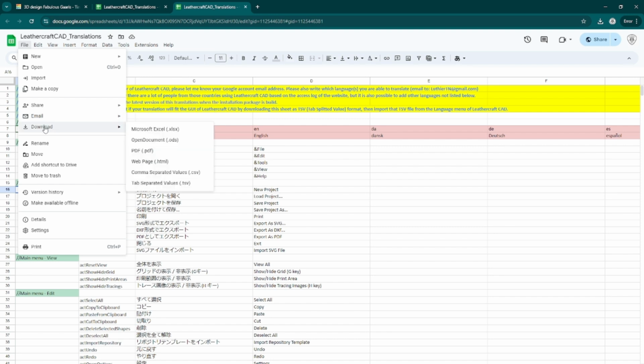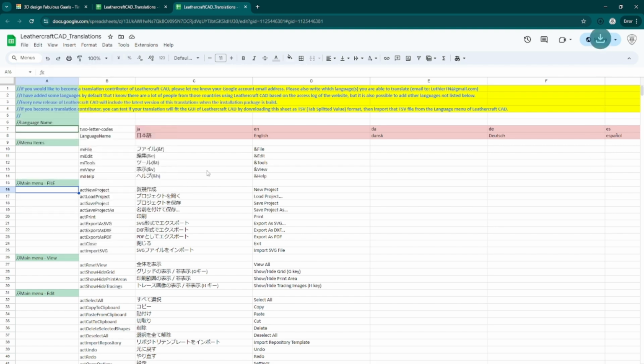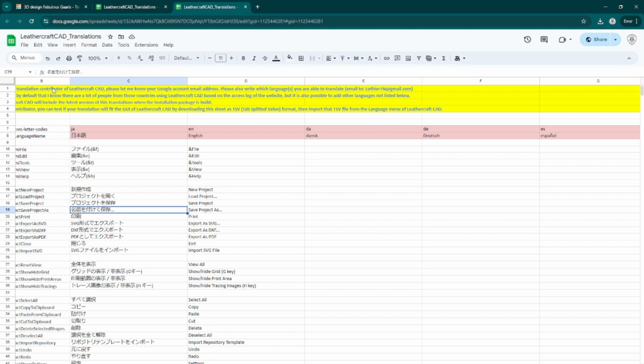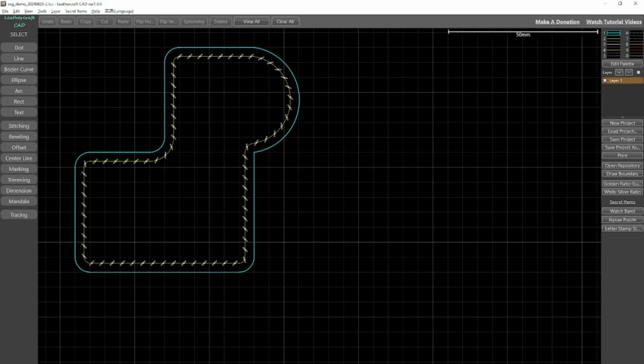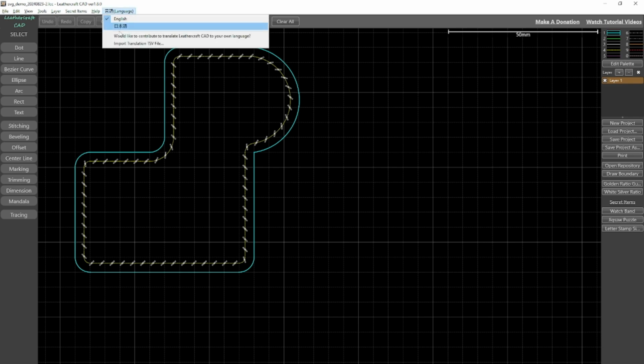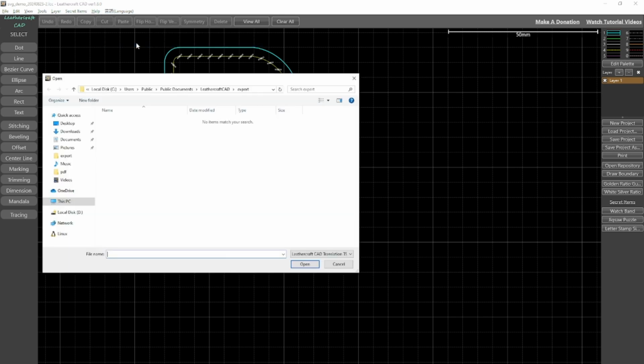Yeah, you can download as a TSV file, tab separated values. So choose this option and then save it. Once you download the TSV file, go back to Leathercraft CAD, go to the language menu again, and import translation TSV file. So choose this one and specify the one you just downloaded, and this is the one.